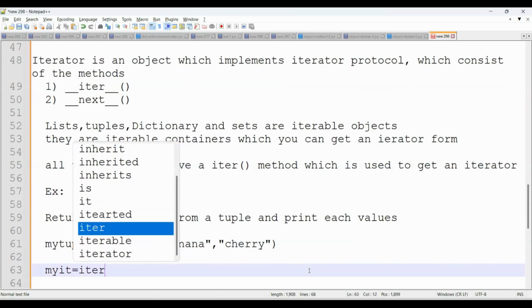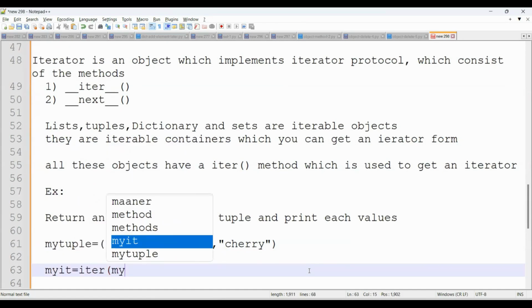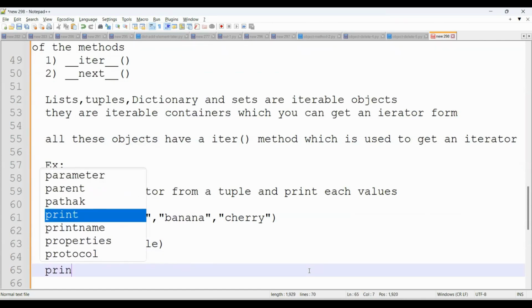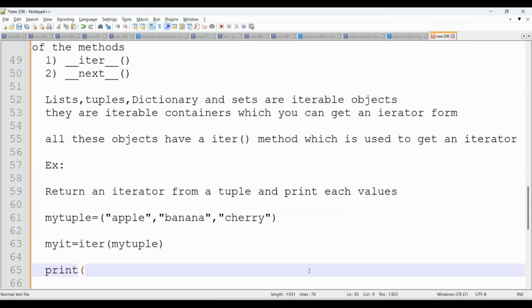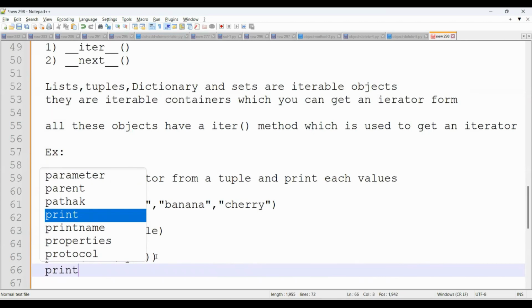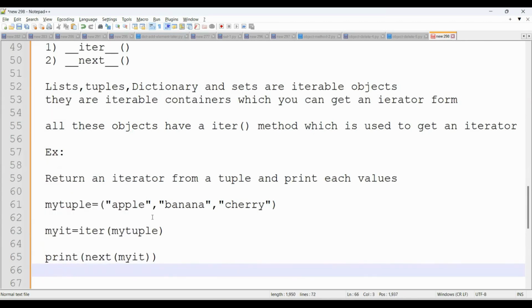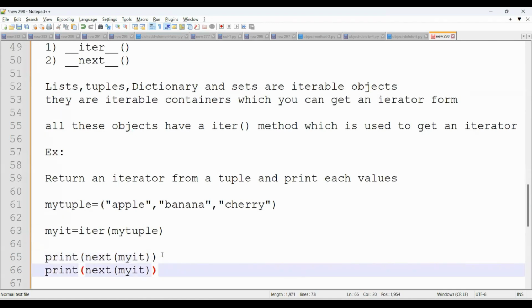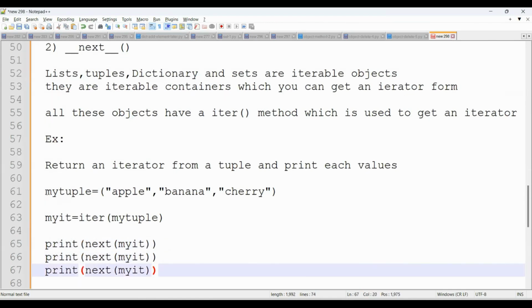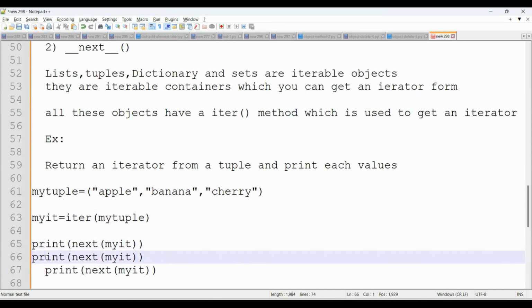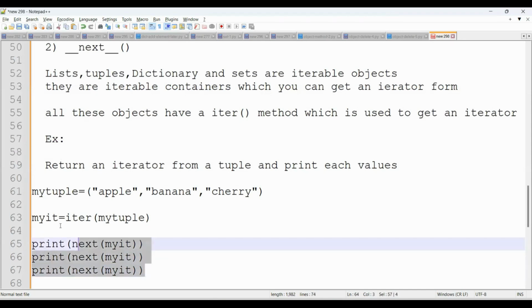How to print it? We'll use the iter method. my it equal to iter. This is a method. We'll pass the my tuple object. Okay, how to see the values? You can use the print function. Print will use the next function of my it. We need to give the same again, one at a time, and it will be printed. How many elements are there? 3 elements. So we need to use this statement 2 more times, so total 3 times. We'll execute this